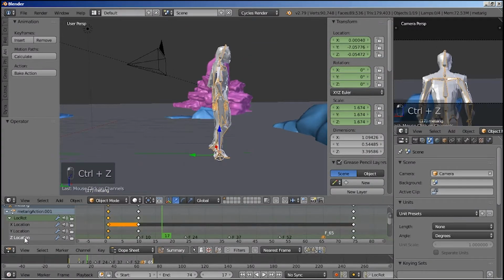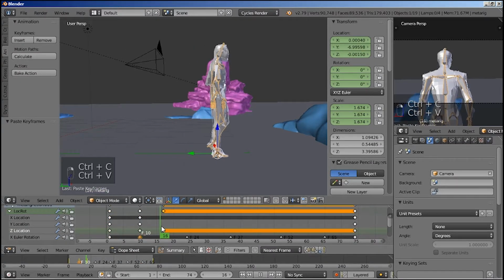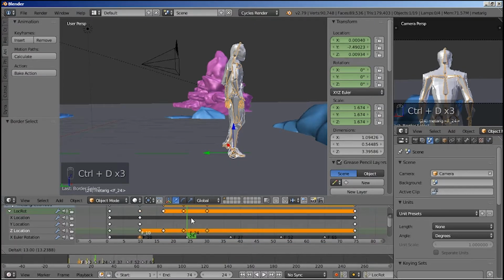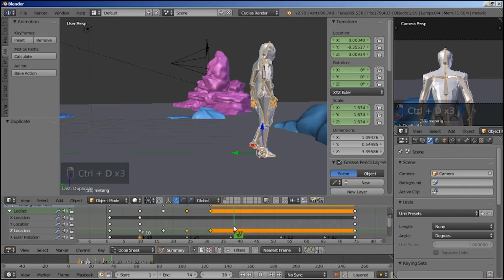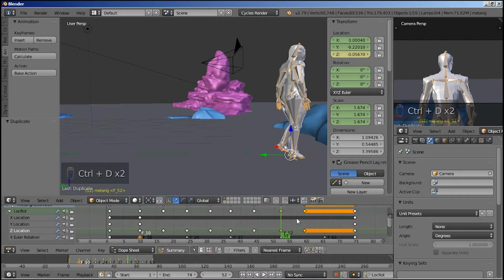And as you know, in 3D view you have 3 channels, which are X, Y, and Z. In my case, I only need the blue arrow, which is the Z axis. So I have to select it in the dope sheet, and as you can see, that's the keyframe that I need to copy. Now, because I have 3 keyframes, which is up, down, up, we simulated the motion